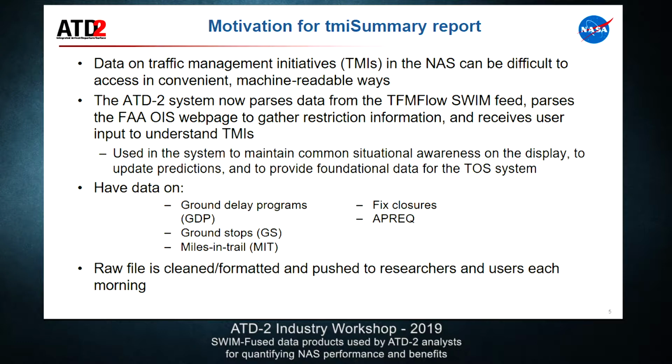It says, you know, all the flights out of North Texas to Atlanta have to be 25 miles apart, for example. Or all the flights across the Torch fix have to be 10 miles apart. Fix closures, if there's pretty severe convective weather, for example, across a couple fixes, they'll just say these are closed. Those flights all need to be routed to these other fixes. And APREX, so we talked a bit about APREX earlier. That's a huge area of focus at the work ATD-2 has been doing at Charlotte for phase 1 and phase 2 in terms of negotiating flights insertion into the overhead stream,